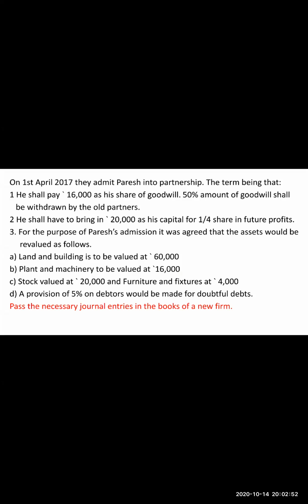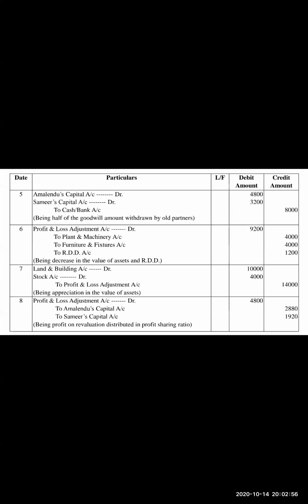Right, so what will be your entry then? Land and building account debit to profit and loss adjustment account. कितना increase हुआ, 10,000. ठीक है, next,